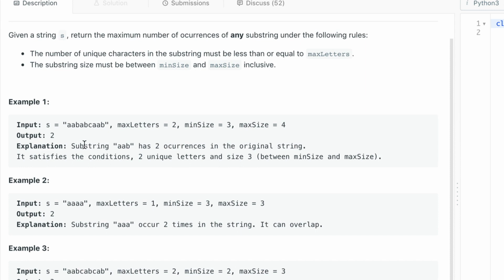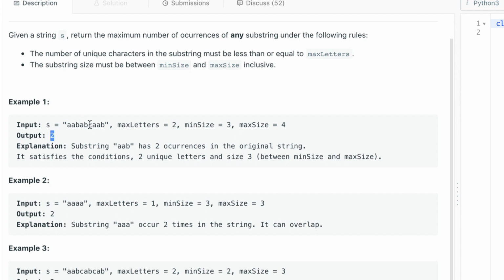And so if we look here, if we take the substring of length 3, AAB, it occurs 2 times, right? And its unique characters are 2, and so it is less than or equal to max letters. And its size is 3, so it's in the range 3, 4 inclusive. And the number of occurrences of it is 2, and so we return that, because if you look and try to find any other